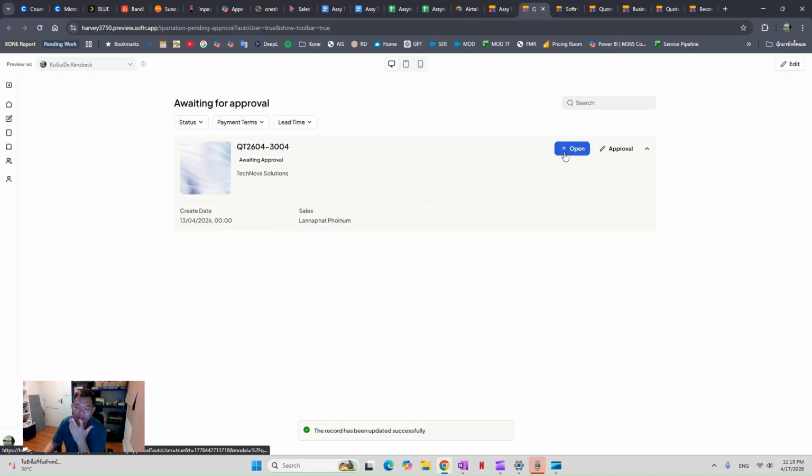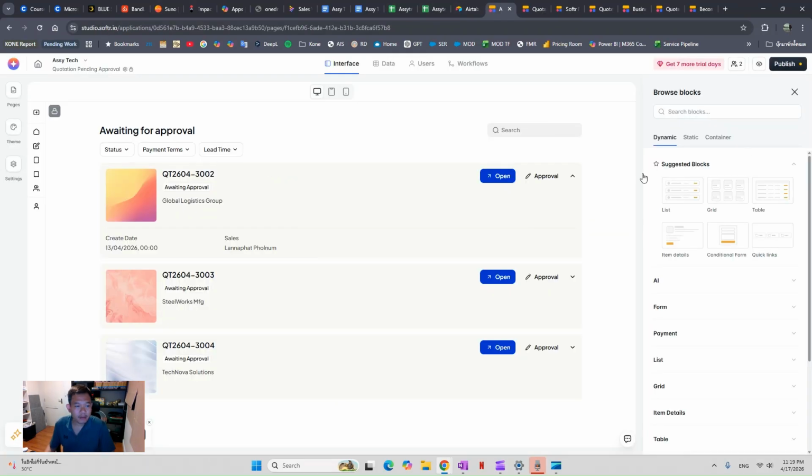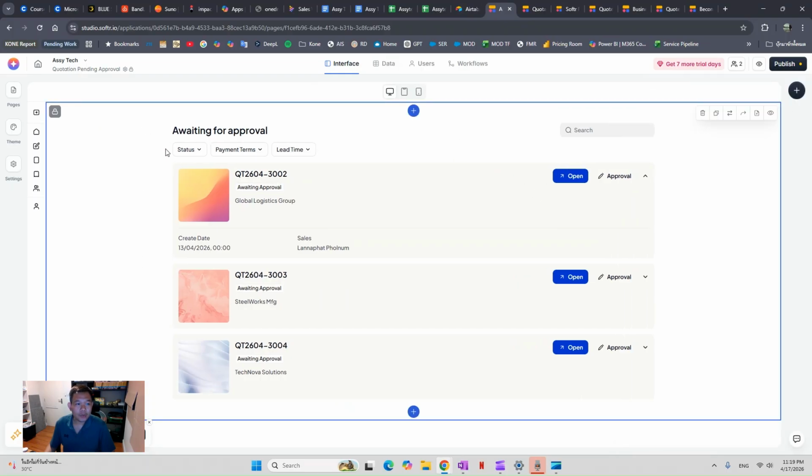And same thing here. I can also do the whole process here. However, with the free software version, we are not able to have a page that is only accessible by the managers or some specific groups only.